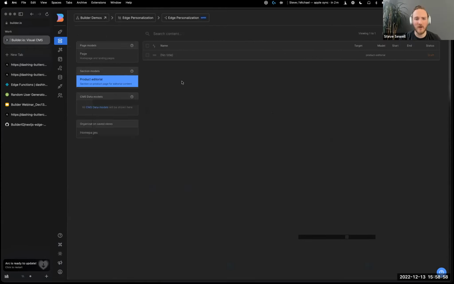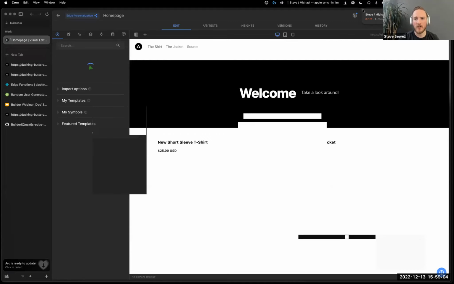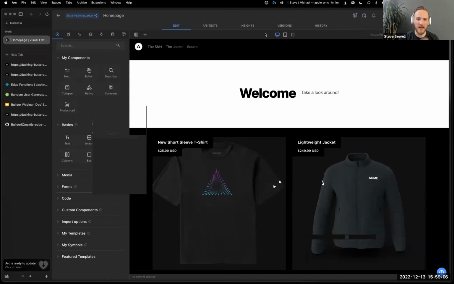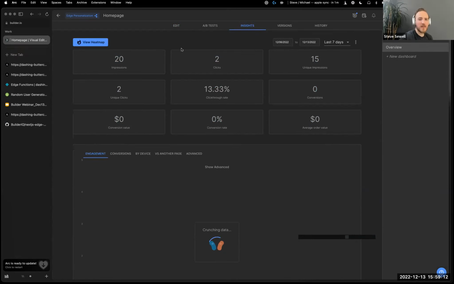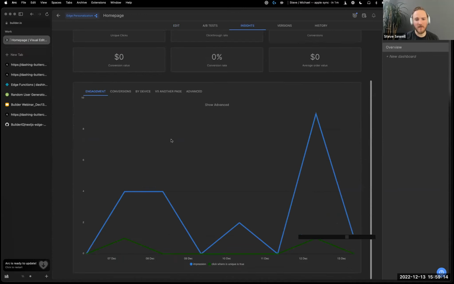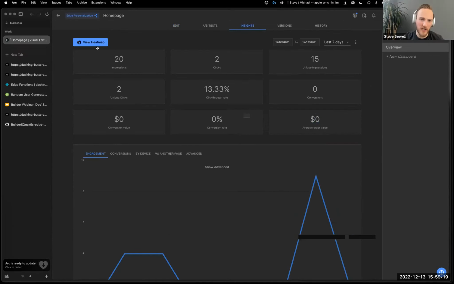One last thing I do want to show is, you make all this content, you think it's super duper cool, and it truly is, but you're going to want to, in some cases, look at analytics. So we're going to open the Insights tab, and there we go. This is going to show you the traffic and clicks and engagement, conversion rate, if it made money. But the really cool thing I want to show